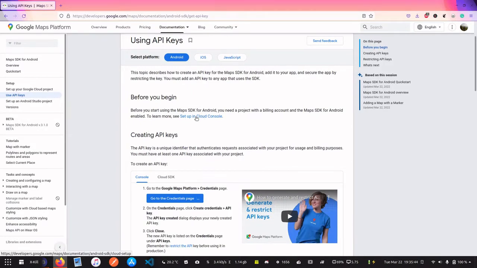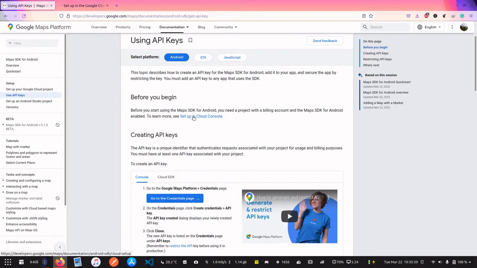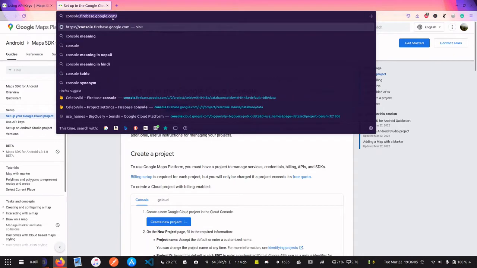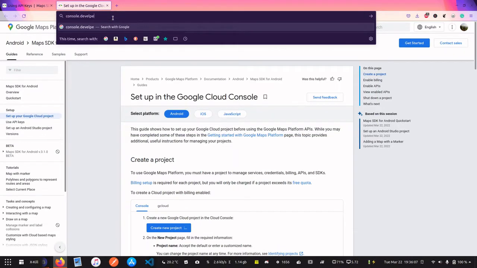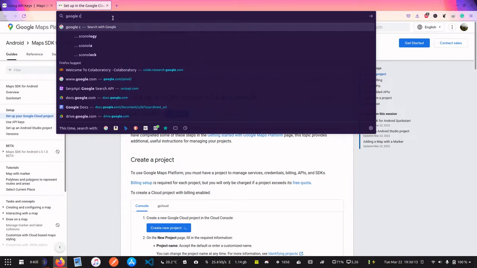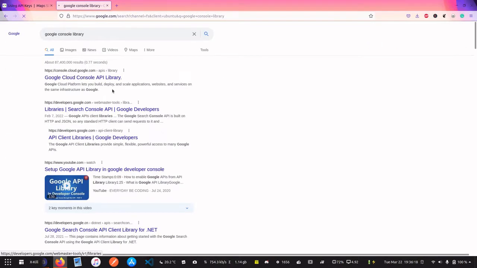So let's, okay, so before you start using Maps SDK for Android, you need a project with a billing account again, like I said, and then you need a Maps SDK for Android enabled. Okay, we'll do that. So just go to, okay, what is this URL? No, I wanted to go here. Okay, so actually I'm going to go to console.developers. I'm not sure if the URL is the same, so Google console library for now. Okay, let me search this. Okay, so basically go to this console.cloud.google.com